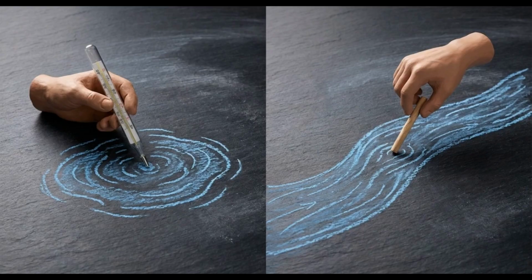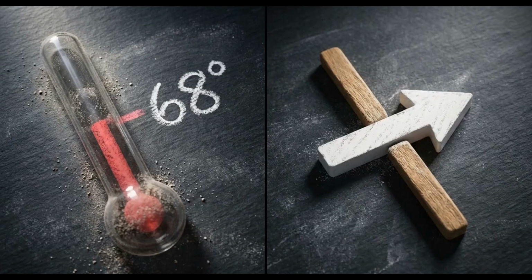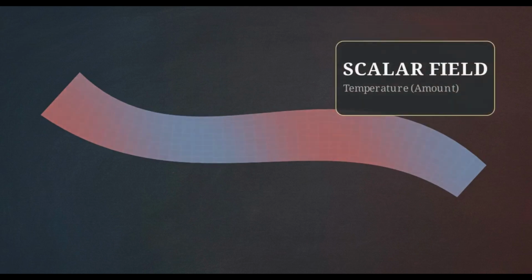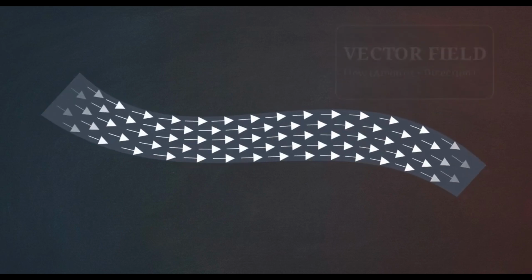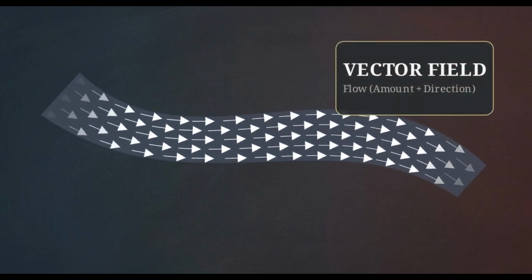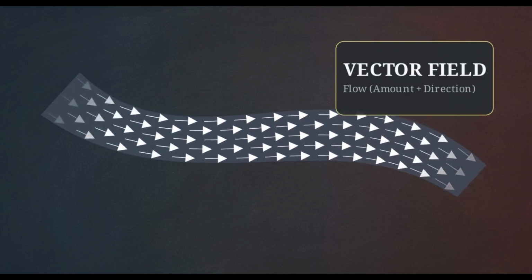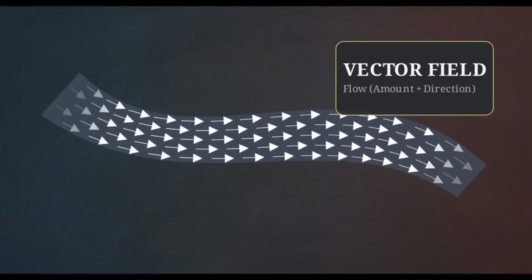Before we can read the river, we have to understand how mathematicians measure the physical world. They essentially use two different concepts: amounts and arrows. Look at this river map. Colors show the temperature, blue for cold and red for hot. This pure amount is a scalar. Watch as temperatures fade and arrows appear. This vector tells us two things: how fast water moves and its exact direction.